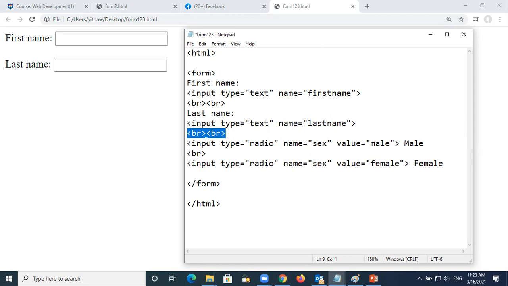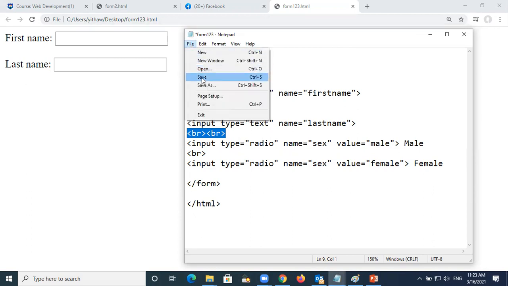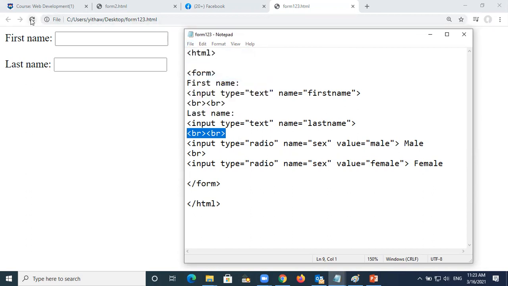Okay, so I think it is finished now. After male, it is going to go down one line, then after that female. Okay, then you have a form close. Since you are writing only in one page, you only open one time form and then one time close form. You don't have to put separate forms inside. Okay, so now let's go and check. File, save, and refresh.